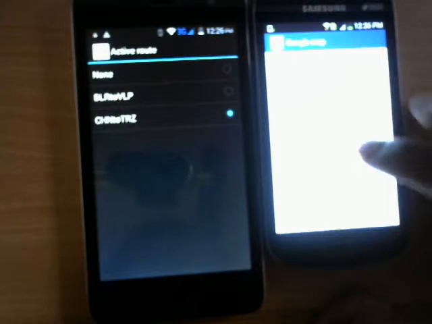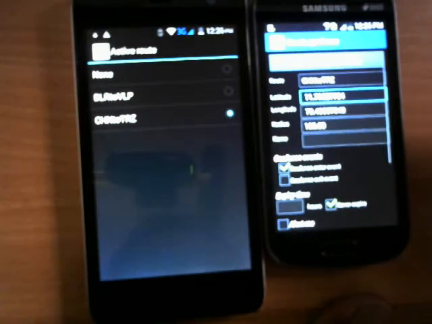Then you have to pick the lat long from the map. So while selecting the lat long from the map, you have to go to the maximum zoom level possible. Otherwise it may not trigger the geofence even. So accuracy will be good if you go to the maximum zoom level. So this is the highway, Chennai Trichy highway. So I am creating a geofence here.